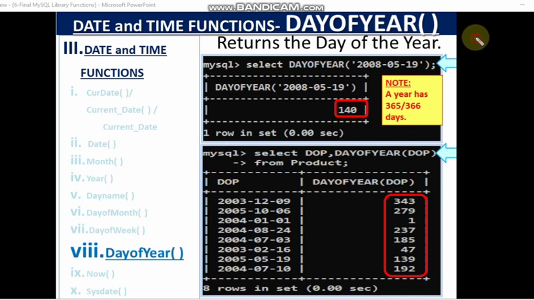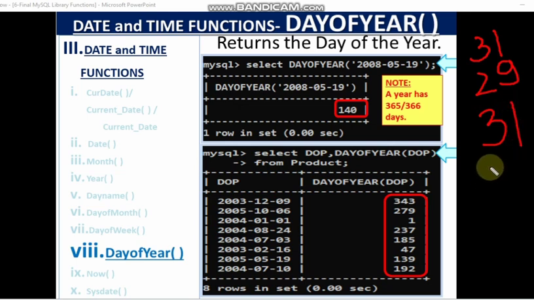See, starting from January, 31 is the number of days in January, and then since it was a leap year, 29 days were there in February 2008. And then for March again 31, April 30, and then 19th May, so 19 days of May.